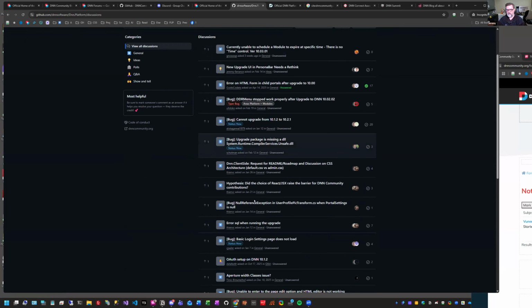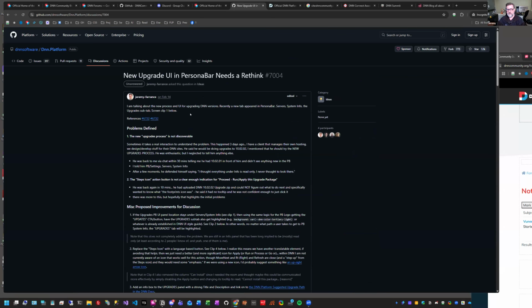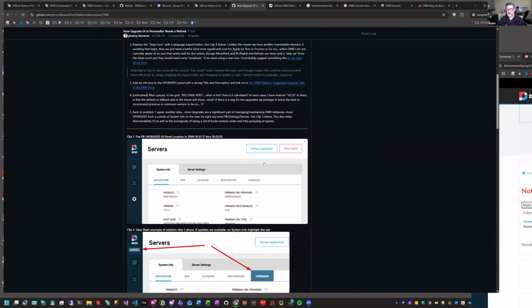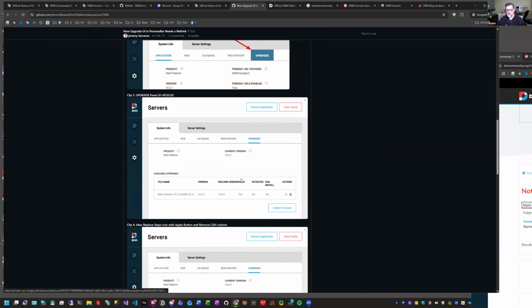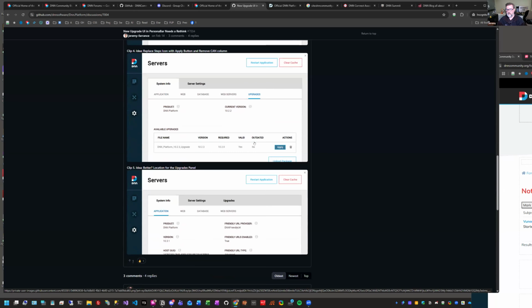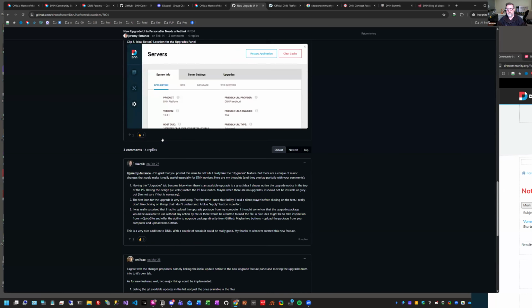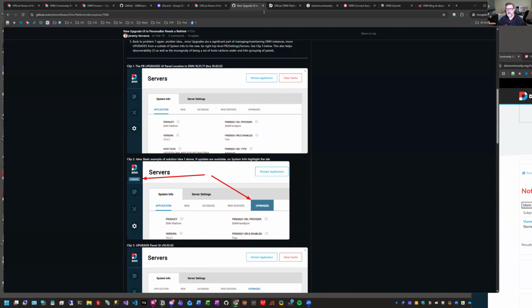Over time, they kind of fade into the past, but there's been some decent ones lately, and I have to admit, I even started one that I'm a little too interested in. But the new upgrade UI in the persona bar, I'm hoping will get some improvements. Some people complained about that little steps icon there, and nobody knew what it was. I had one customer actually tell me, well, I didn't know what that was. I was afraid to click on it. So here we're discussing maybe changing it to an Apply button. And you're welcome to get in here if you have an account and start commenting on it, as some people have done. So moving on from GitHub,